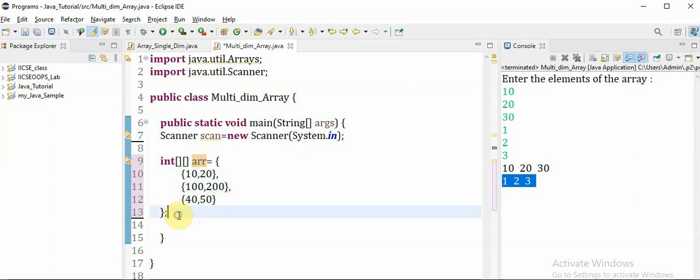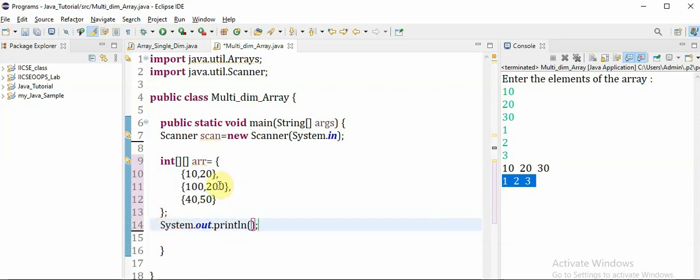Then how will we get the data? For example, we'll first display 200. How to print this 200? We'll say System.out.println. This 200 is in the 0th row, first row, second row. So it is in the first row and in the first column.